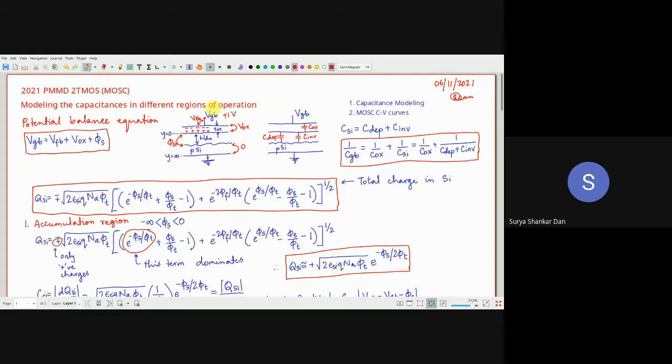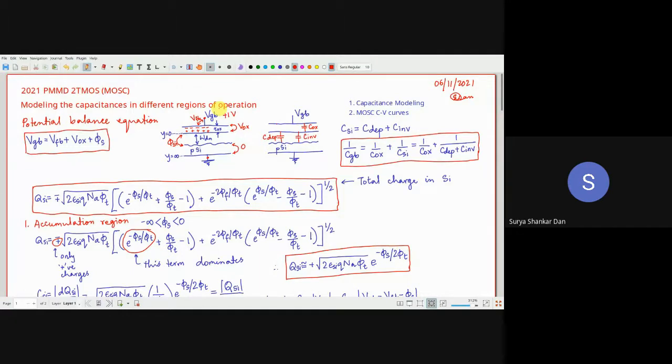So if you are making the best quality oxide, you are going to nullify this VFB part. That means there will be no interface trap charges. Ideally, it's not possible, but you can think about a metal or some material you put here as the gate terminal which will not have any phi ms part, then this VFB will be gone. But VOX will always remain. And this VOX potential drop is because of the dipoles which are created because of VGB. It has got nothing to do with the Na plus or K plus ions.